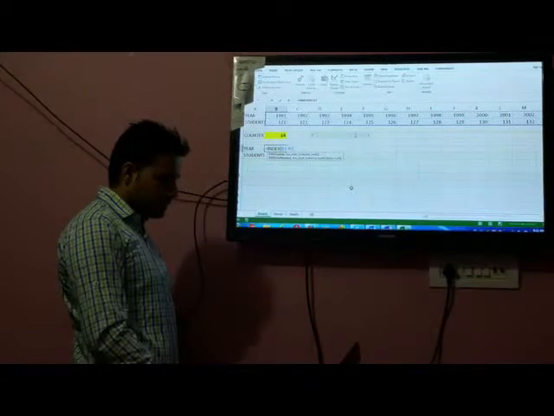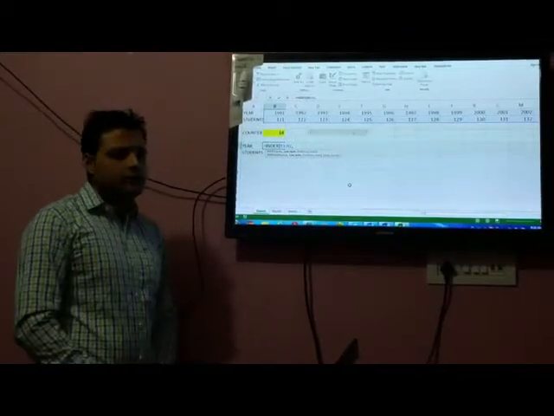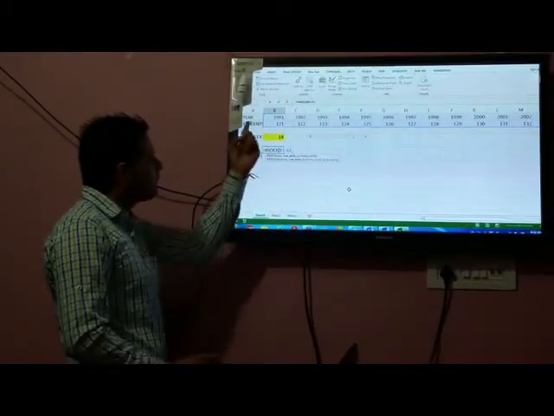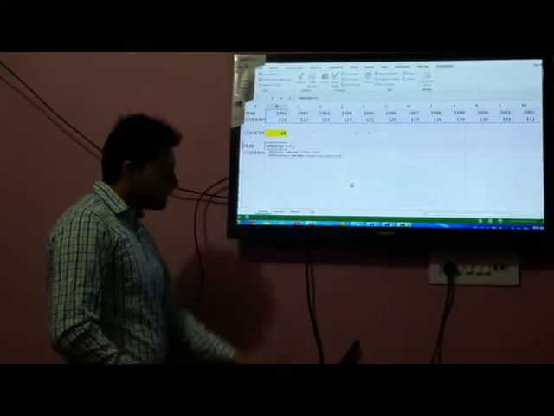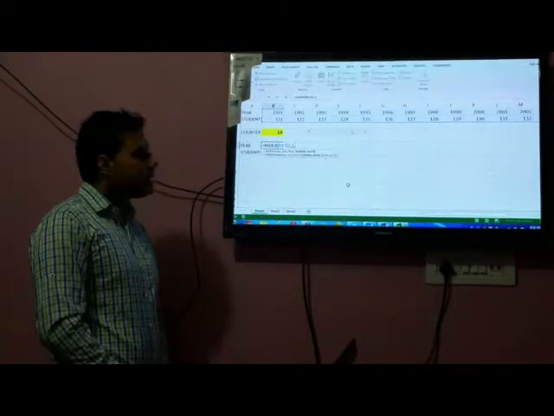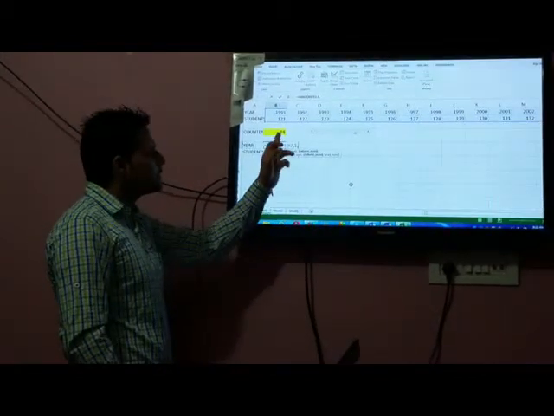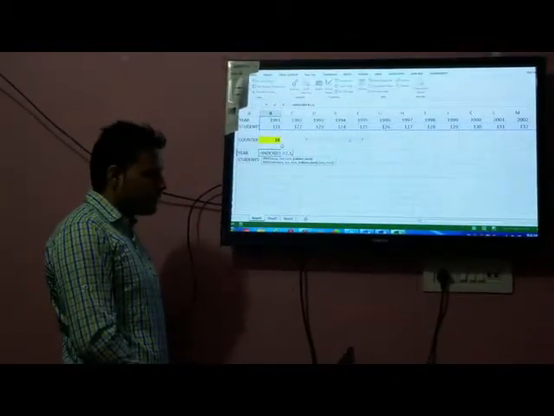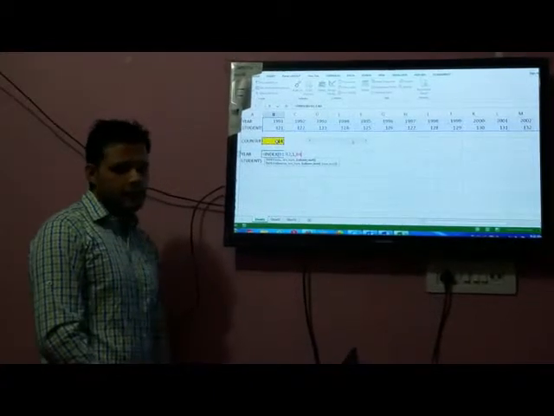Second thing is the row number. We are looking for a year, so year we have written in row 1. Okay, row 1 is there, so we have to write 1. And then second thing, I want to link this record with this particular counter. So we have to give the counter cell address.